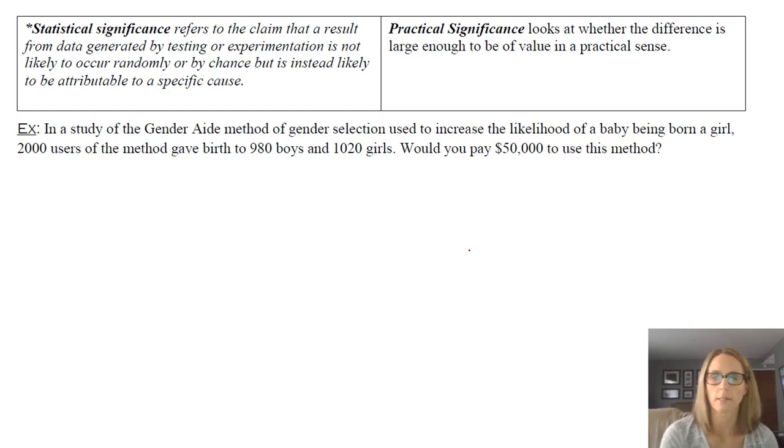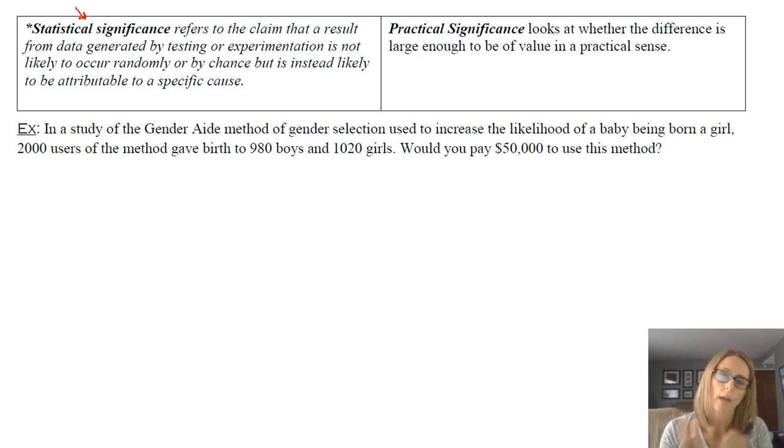Statistical significance is something that we're going to focus on in the class, and that is because what we're going to be doing is essentially running little experiments by being given data. And we're going to look at how good this data is. Was this data likely, could it have happened by chance, or did it happen because it's good data, because it would be very rare to happen normally?